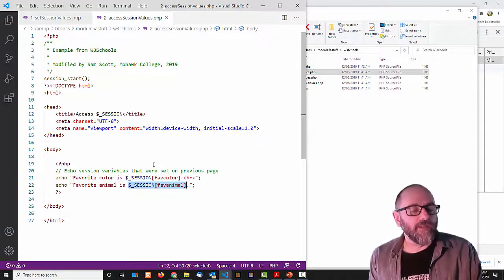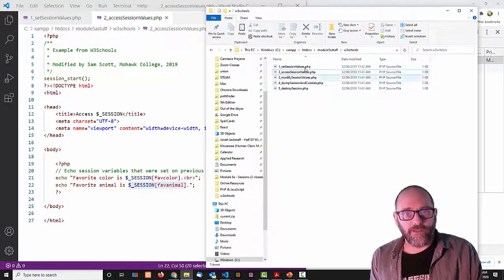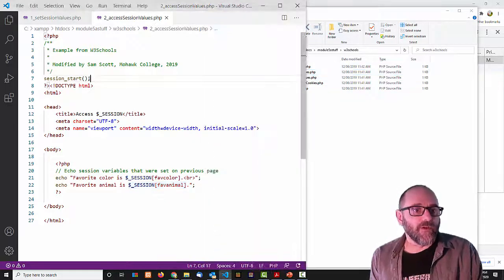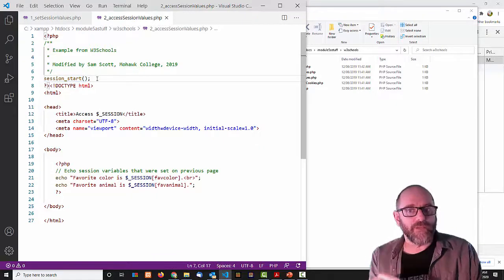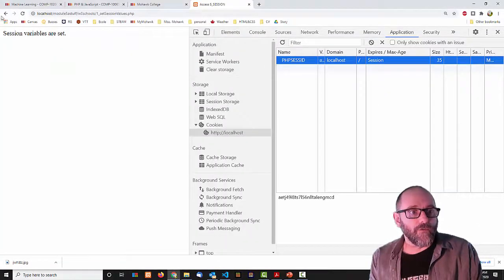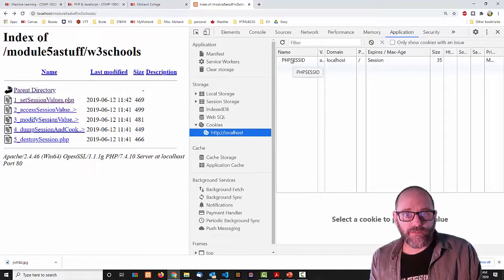This will only work if the user has previously gone to set session values. Notice I still have to call session start. So what's going to happen is when I send a request for this, notice PHP session ID is still here. When I go to access session values and I send that request by clicking here, it's going to attach this